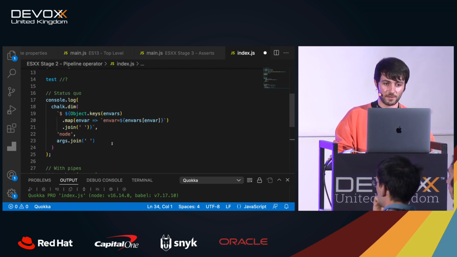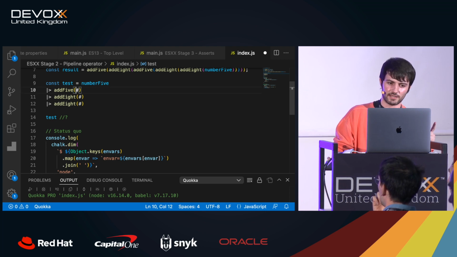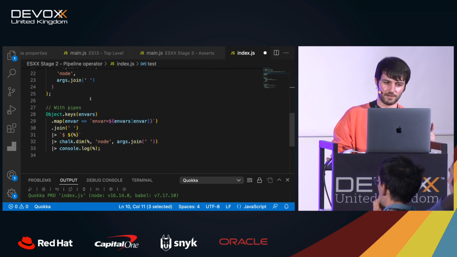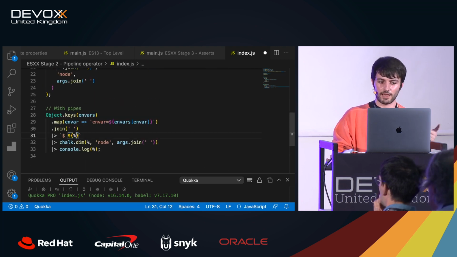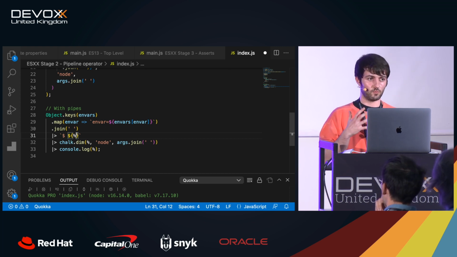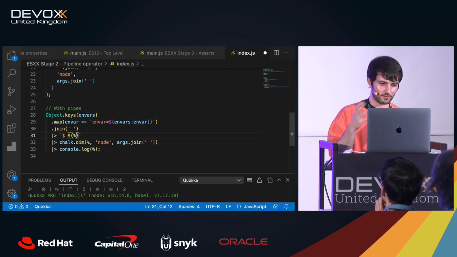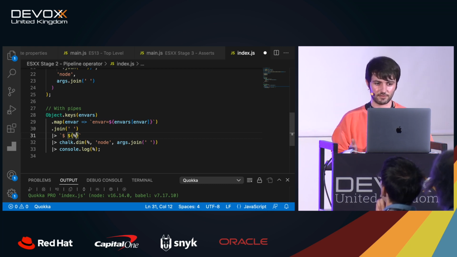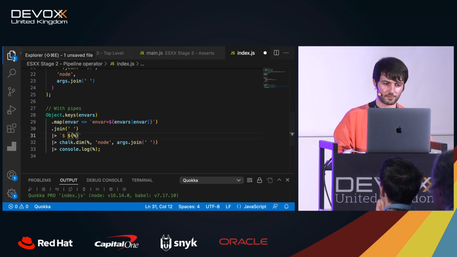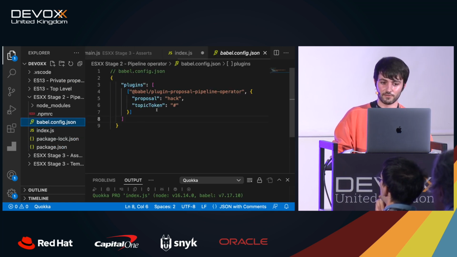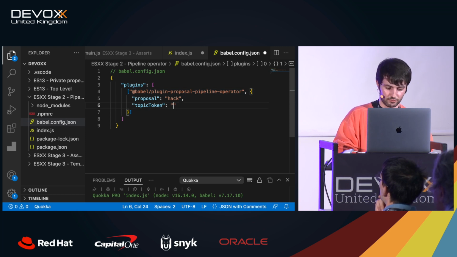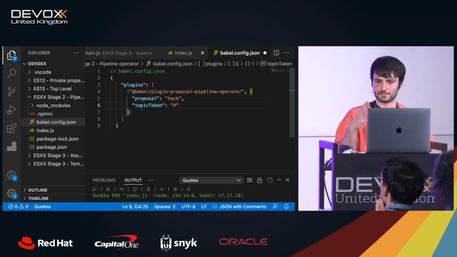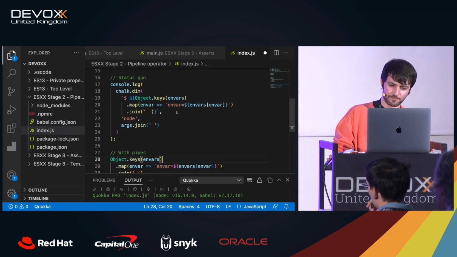By the way, you might be wondering, wait a second, here is a hash and here is a percentage. What's going on? The main reason is that the token right now is not 100% well defined. In fact, when I did the talk three or four weeks ago, it was a percent, and now they changed it recently to the hash, right? So right now it's work in progress. In fact, if you go to the plugin, it allows you to change it because they are still trying to agree on which one should be the way to move forward.